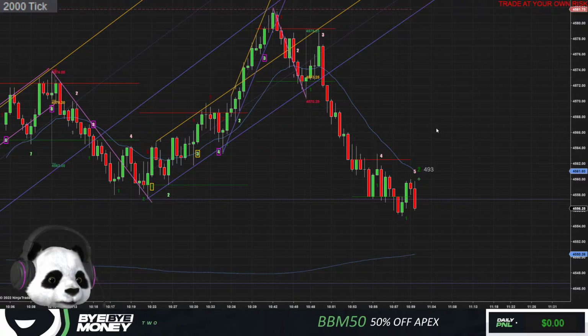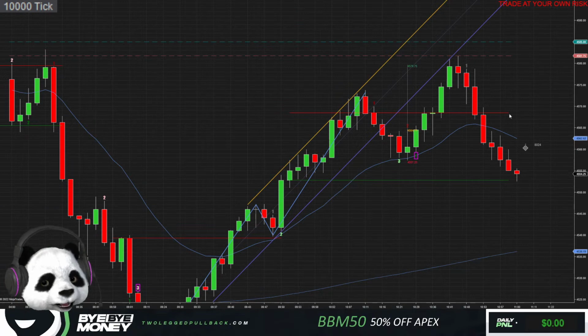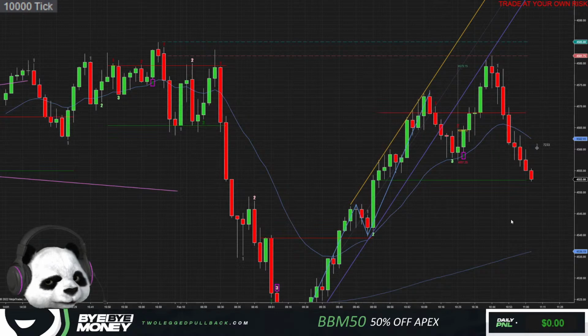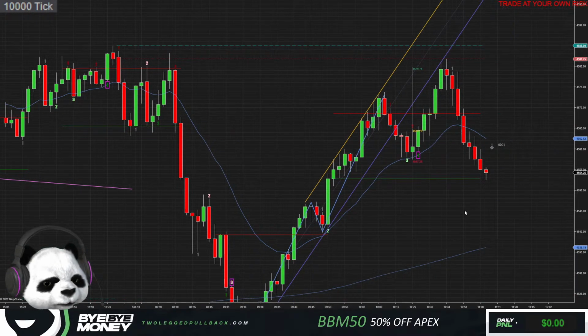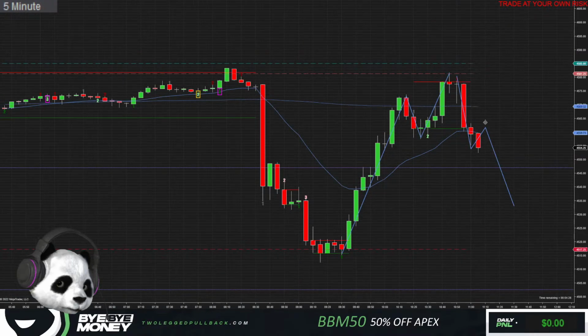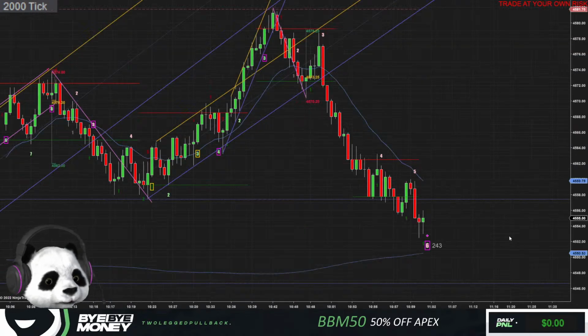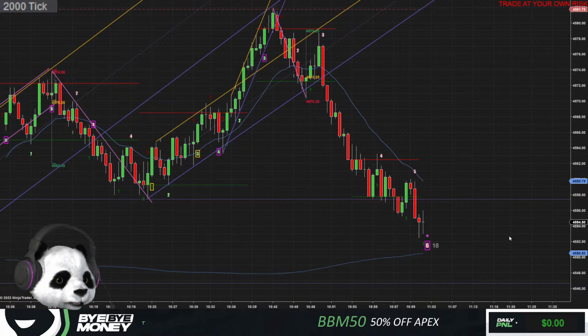It's a first entry. We made a new low with that first entry. Absolutely incredible. I didn't realize this, but the 10,000 tick chart actually has a trading range forming here, and we broke above it and came back to the bottom of the trading range on the 10,000 tick chart. That is absolutely amazing. The 10K may be marking for us our trading range. Will not take this short if it does trap. I'm skipping this trap.